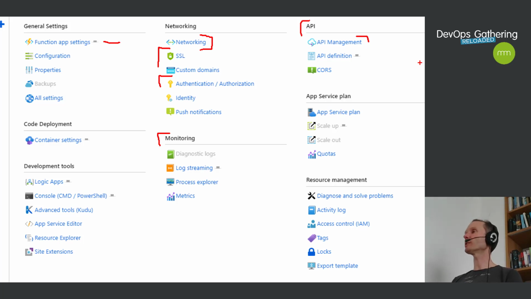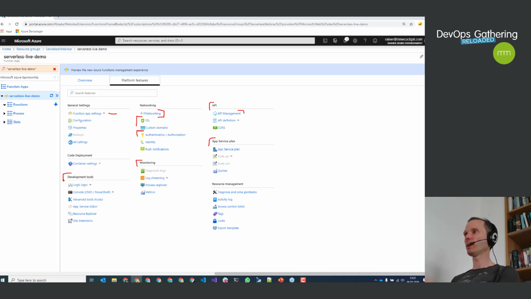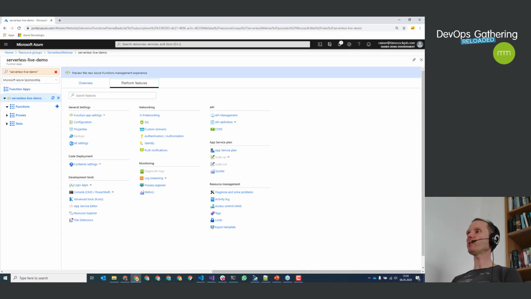Also, things like CORS support is built in. You can always change the app service plan. Can you remember this was the thing with the serverless, premium, and app service plan with the serverless with PaaS mixed, and PaaS, this is where you can change the settings on the fly. So you can on the fly switch from serverless to PaaS, from PaaS to serverless, whatever you want to go. And last but not least, you have a bunch of development tools. Some of them I will show to you. So that's essentially the platform features.